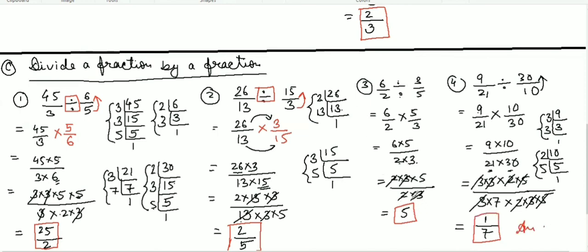Here you can ask, there is no number at the bottom. You could write 5 over 1, but there is no need to write 5 over 1. In the denominator, if any number is there, there will always be 1, so no need to write it. But if you have 1 over 9, you can't say only 9. You have to write 1 at the top. So 1 over 7 is the final answer here.